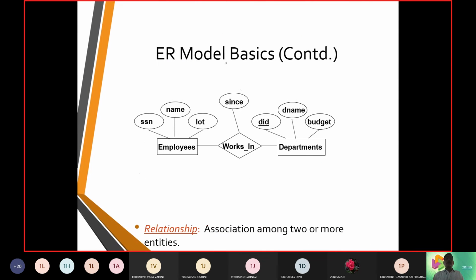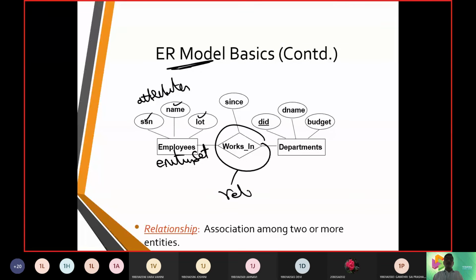So now you can see the holistic coverage of the ER diagram model, where there are some sets of attributes. Employees, we call an entity set. Works in is a relationship set. The reason is it is going to have a field.